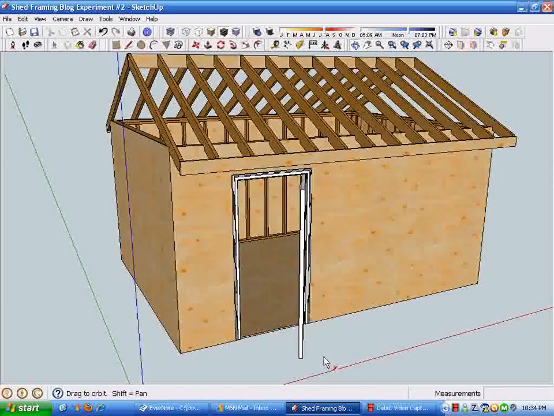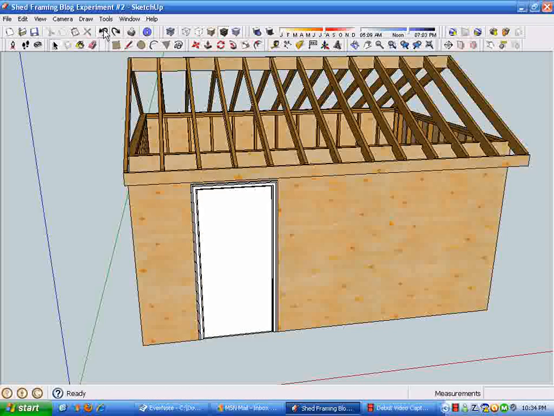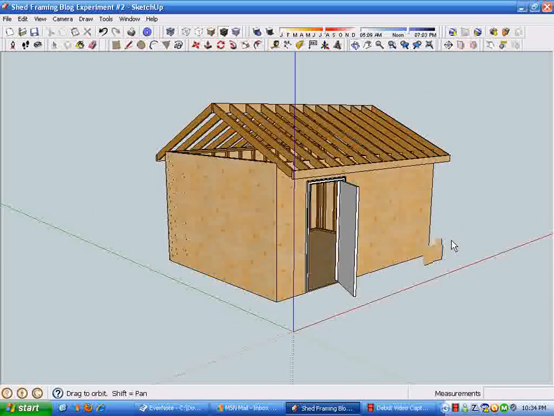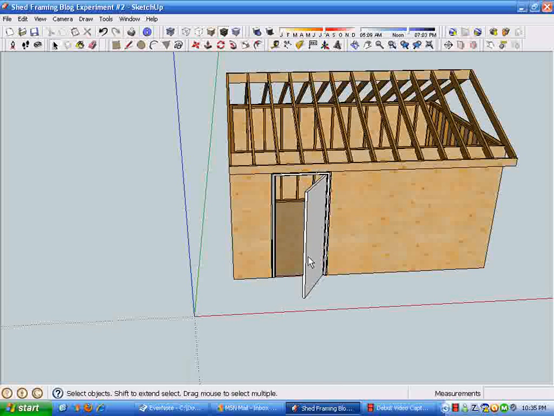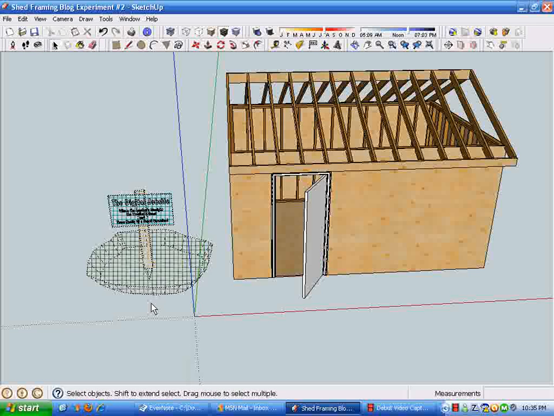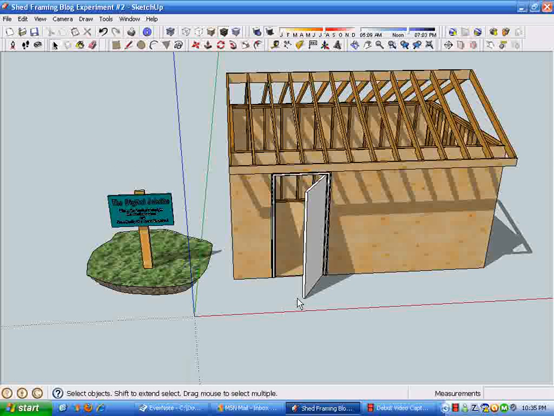And you can do this other ways with scenes, but a simple way to watch that door operate is just to click the undo and the redo button, and it makes the door open and close. So there it is, developing a door component a few steps at a time using what I call the outline approach. It saves a lot of extra drawing and measuring and reference lines just by indexing all the separate components off of one initial rectangle. So we're going to unhide geometry, put our little sign back here, turn the shadows on, and